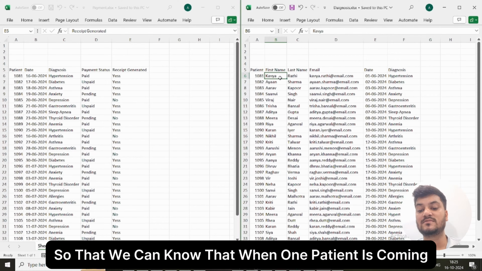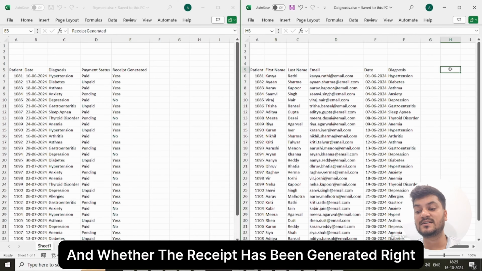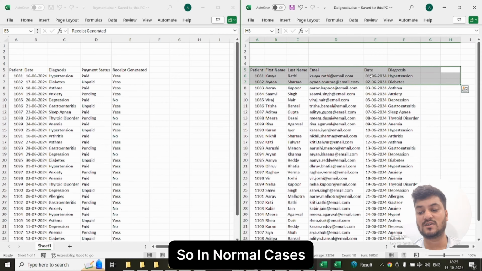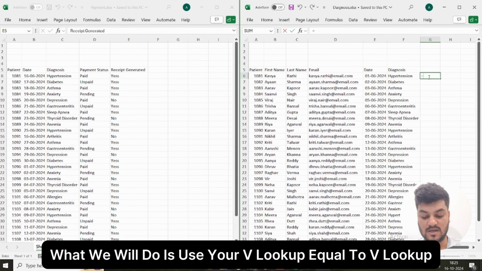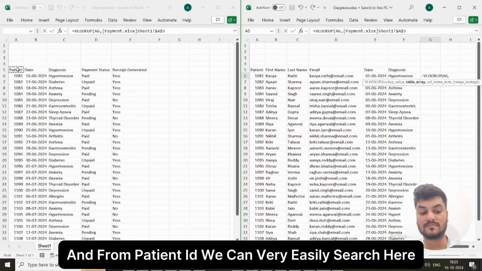Now, simple, we want all the data to be in one table so that we can know, when one patient is coming, whether the payment has been done and whether the receipt has been generated, right? So in normal cases, what we will do is use Vlookup, equal to Vlookup, and from patient ID we can very easily search here,